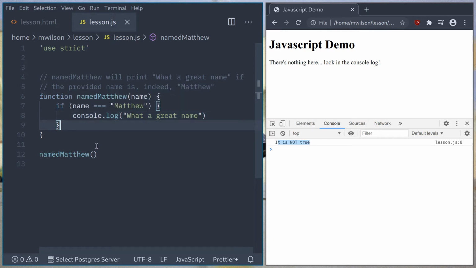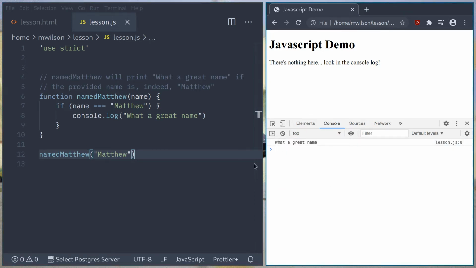Okay, let's run that. Let's try this first. Let's pass Matthew in. If I run that, it prints what a great name. If I say Matthew with, say, a lowercase m, it does not print what a great name because the string Matthew with a capital M is a different value than the string Matthew with a lowercase m. Excuse me. And then, of course, if I do a totally different name,